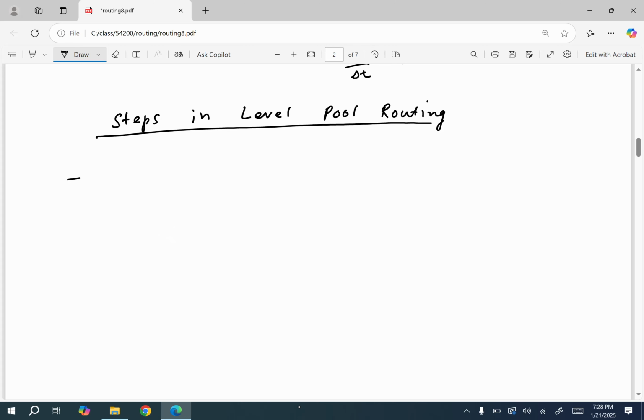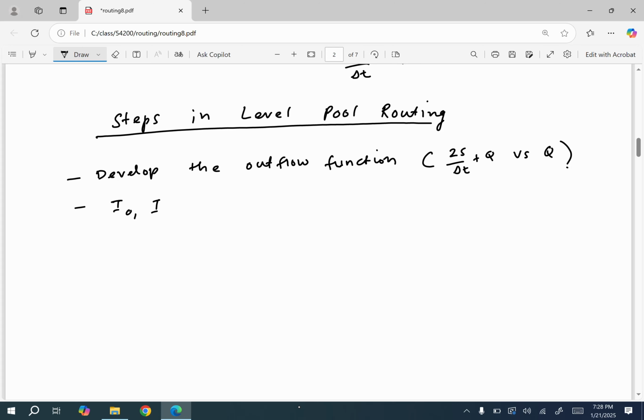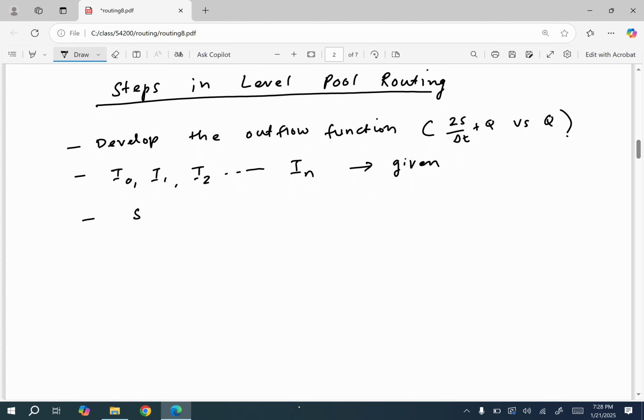So the first step is always to develop the storage outflow function, and this could be a table or a curve. So this will be 2s over delta t plus q versus q. Okay, and then our inflow hydrograph is given, and then initial conditions S naught and Q naught are given,